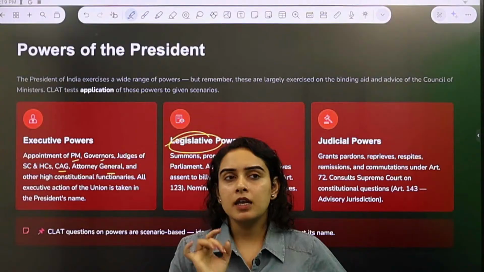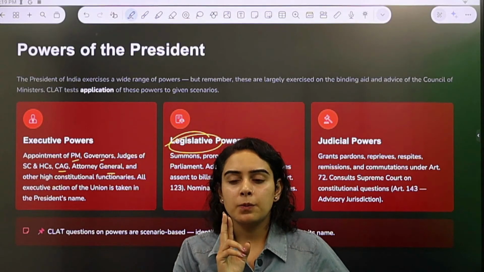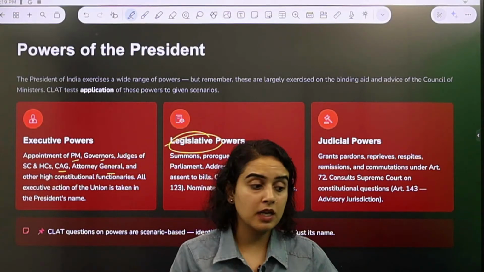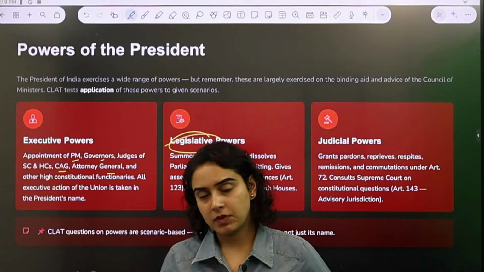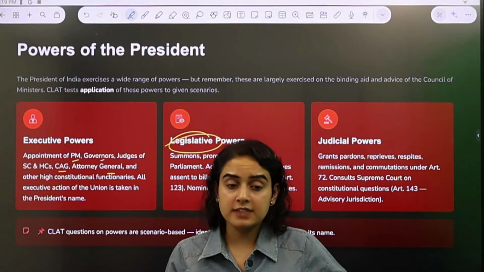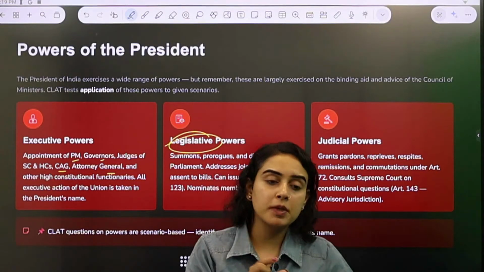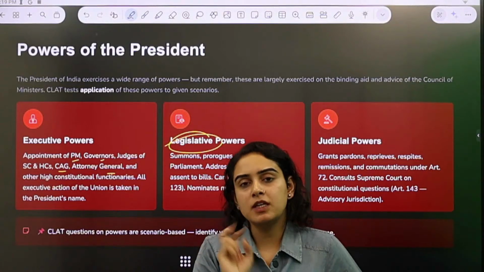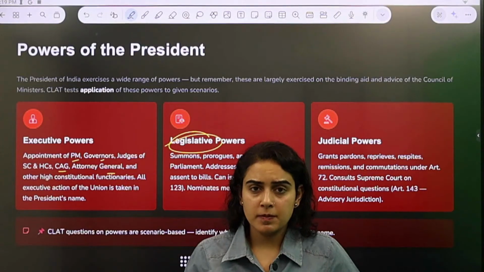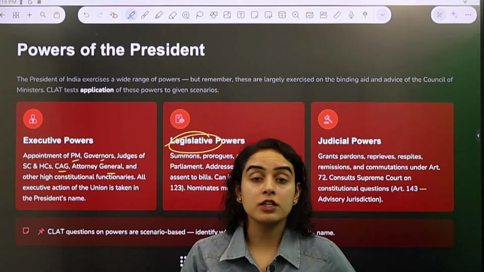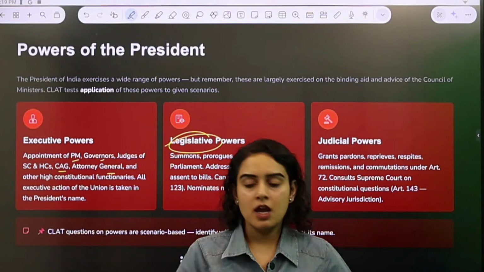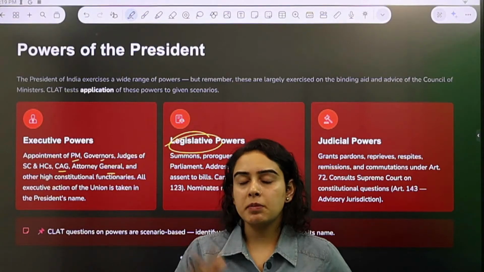But now, when the parliament is not in session, and also let me tell you, the parliament is not going to be in session all the time, right? In fact, the constitution itself says that there should not be more than a 6-month gap between two parliamentary sessions, right? So the parliament is not always in session. For months it is not in session. So now let us assume that in January the parliament was in session, and after that till May the parliament was not in session.